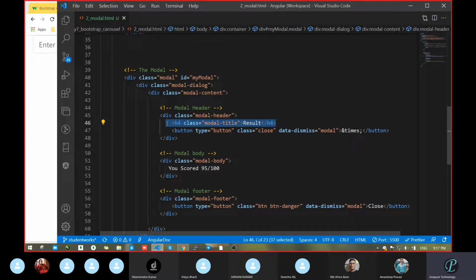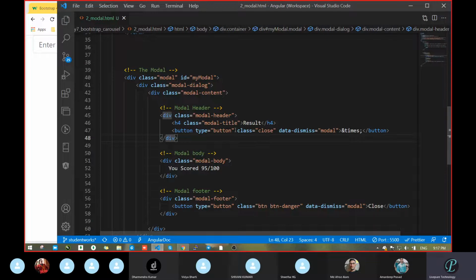Due to H4, it becomes bold. H4 would be a block level element, but here it looks normal. But due to the class modal-title, some design came and it looks good and came on the top section.